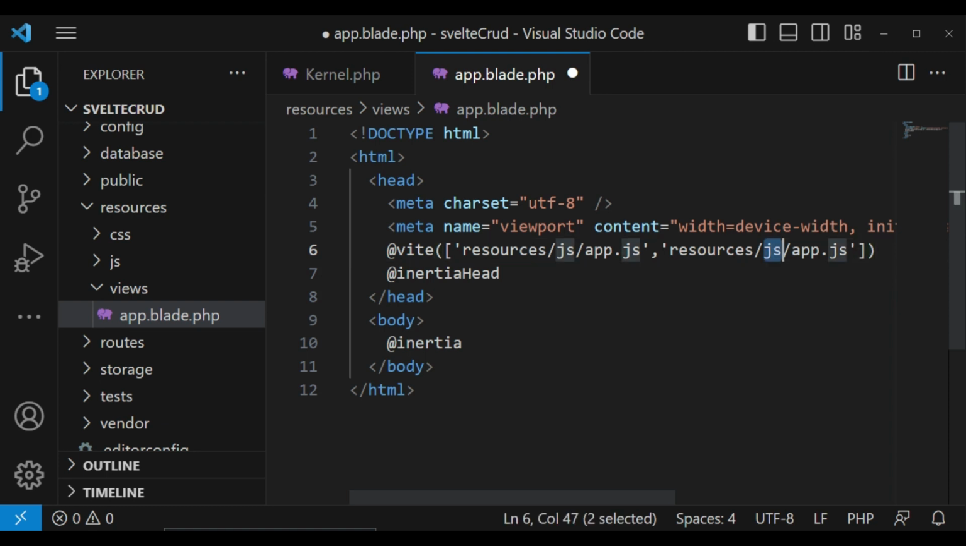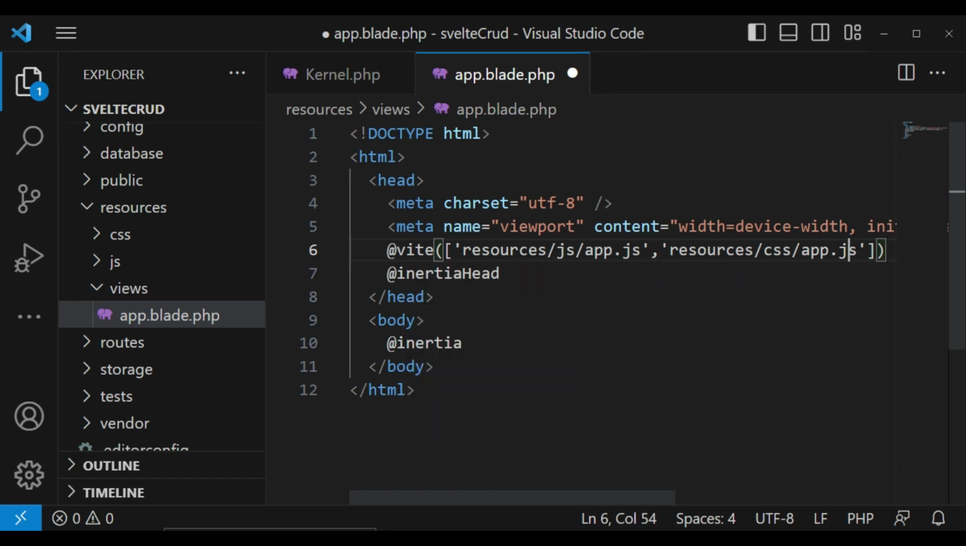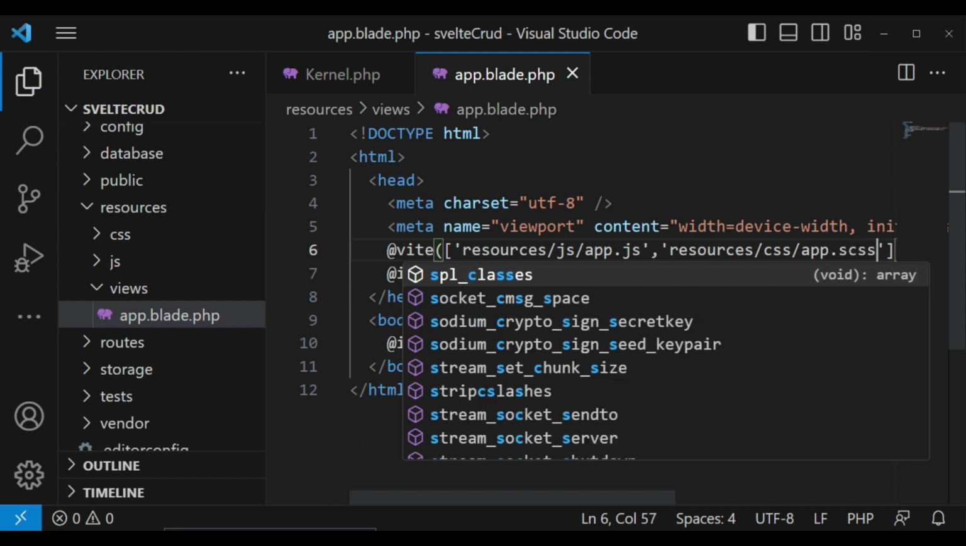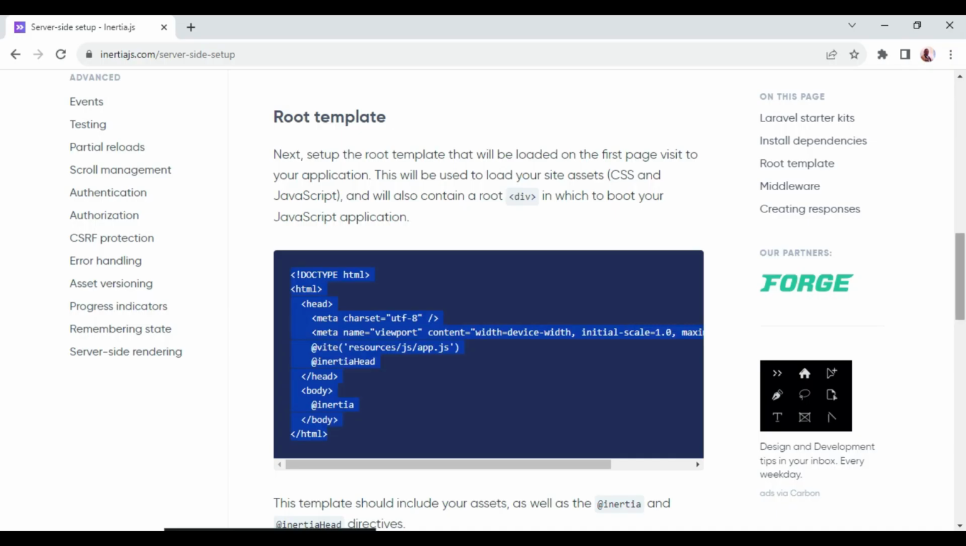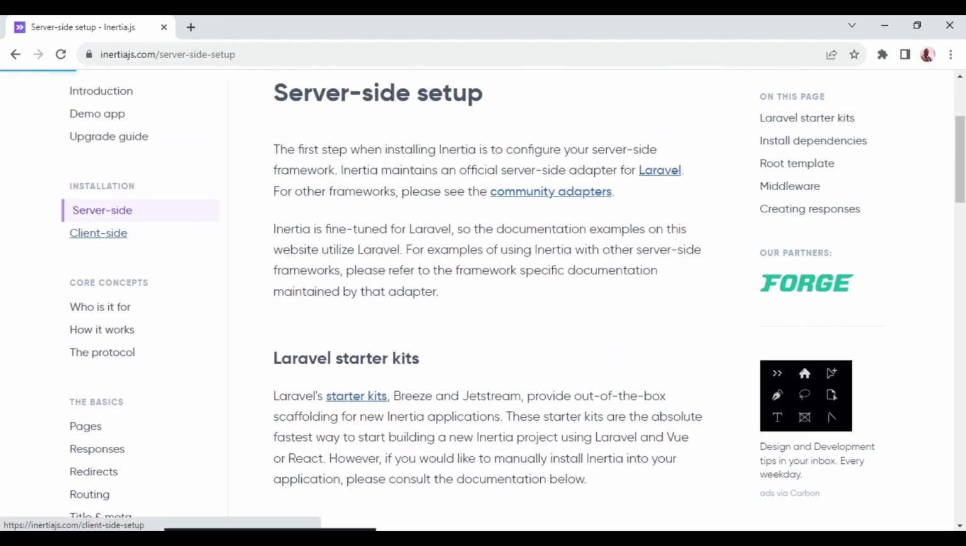Now since we are talking about CSS, it will be in the CSS folder, and it will be called app dot, then it's supposed to be CSS, but since I'm using Sass, I'm going to have it as SCSS, because I will be implementing Bootstrap in this application. So after that, I think we are good enough with the server side. So let us go and also open client side. So I'm going to click on client side,